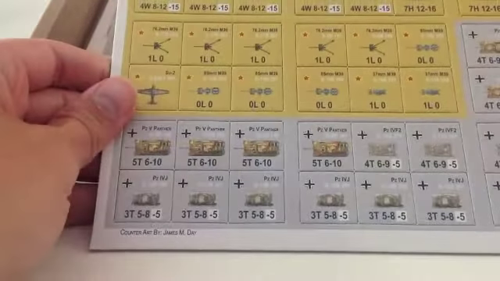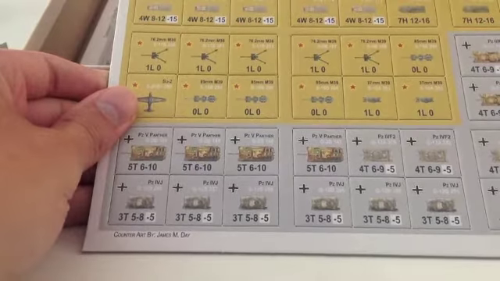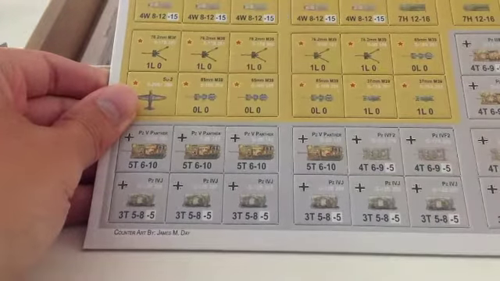More counters. Again, these are the thick deluxe style Panthers. Very nice. I always keep this little guy around here. I use him as like a whose turn it is marker, so we pass the Panther around here. Anyways,